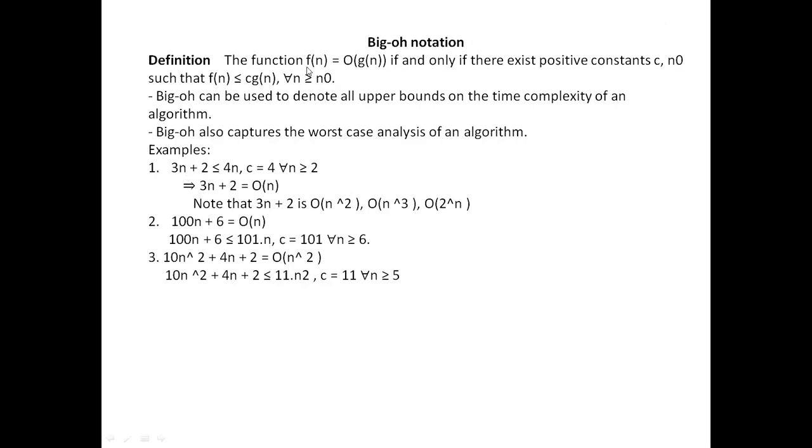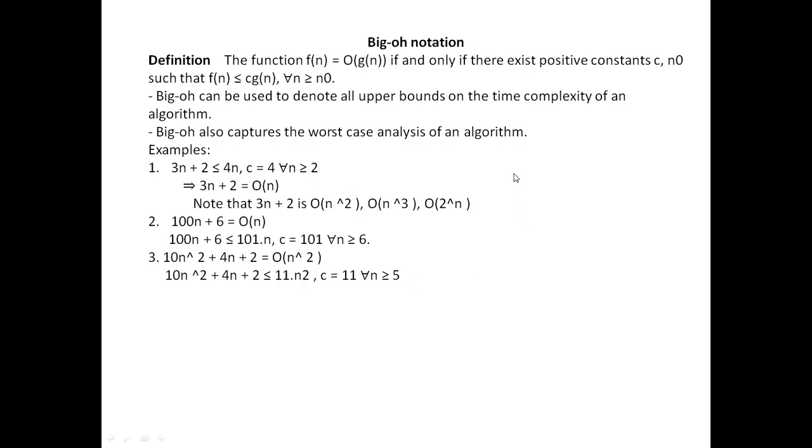The complexity function f of n is big O of g of n. We should call it big O of g of n if and only if there exists a positive constant c and n naught such that f of n is less than or equal to c into g of n for every n greater than or equal to n naught. That is the meaning. Okay.